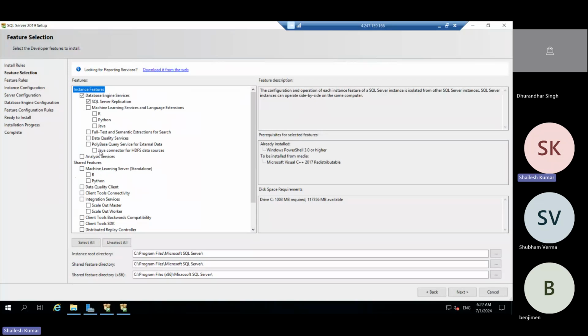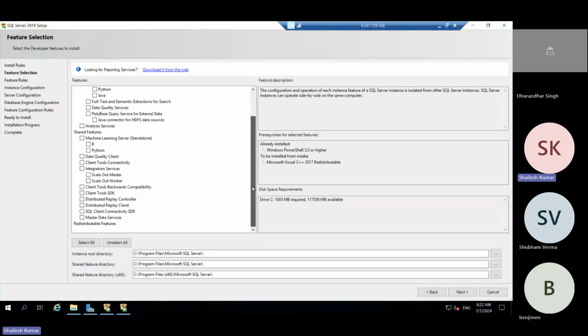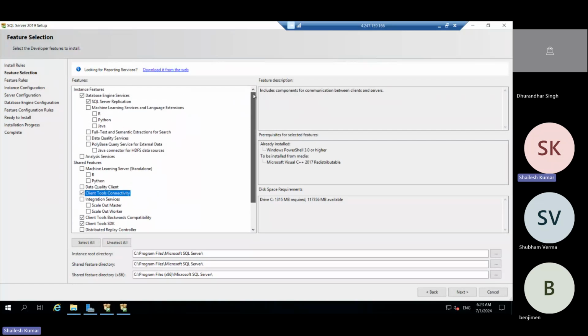SSIS is not required because we can add it later. Then we have the required connectivity tools: client connectivity tools. Integration Services we are not going to add. Client backward compatibility tool is required, if any code has to be reversed or something like that. The rest is not required. Then SDK. So these are the minimal requirements for SQL Server.